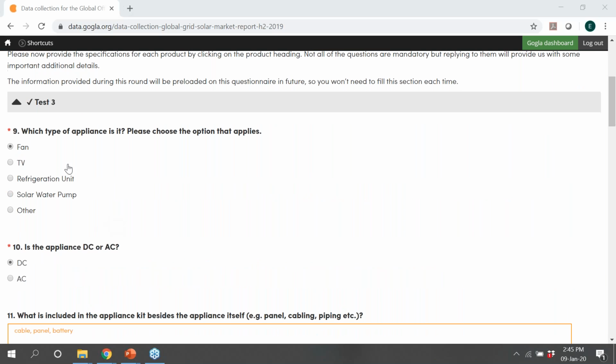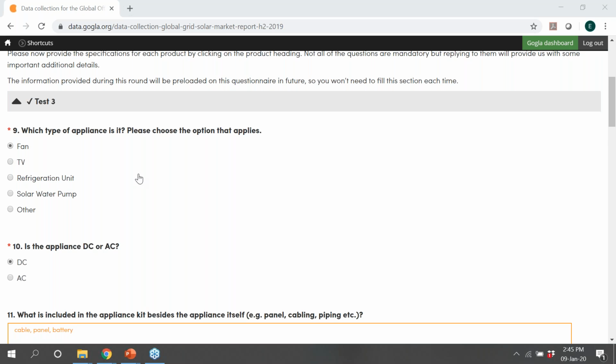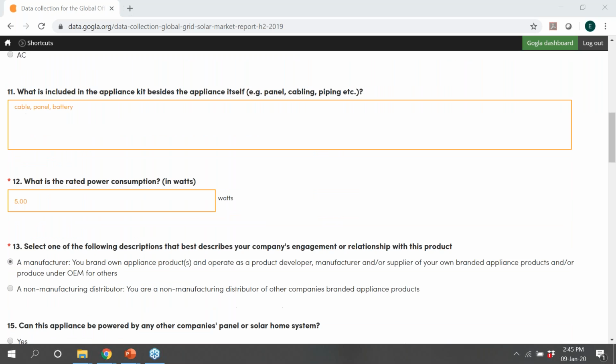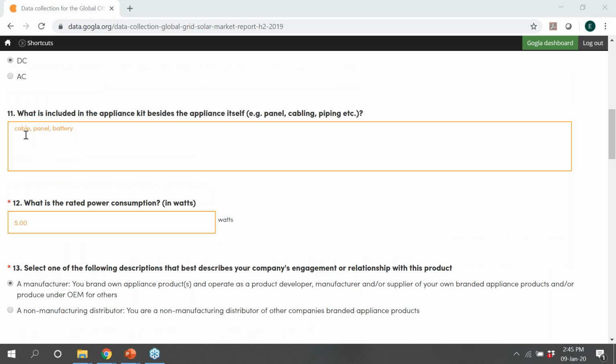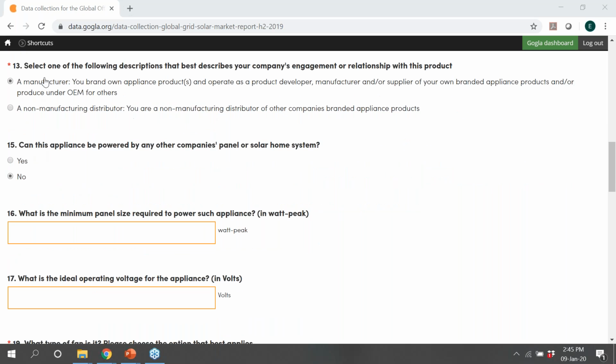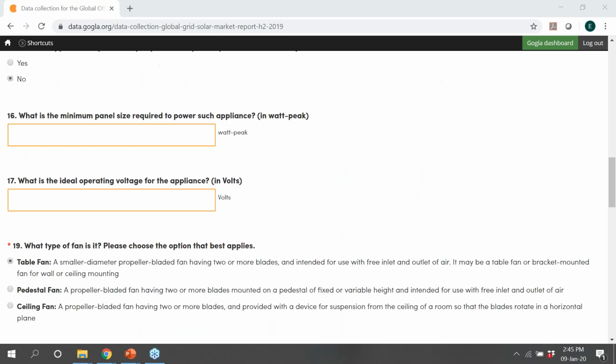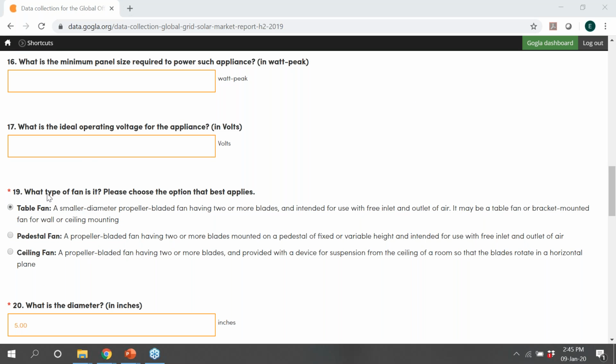If I select that I have a fan here, then I can say it's DC. I can add some details. There's a cable, there's a panel, there's a battery actually included with my fan. But then here it will start asking these specific fan questions.